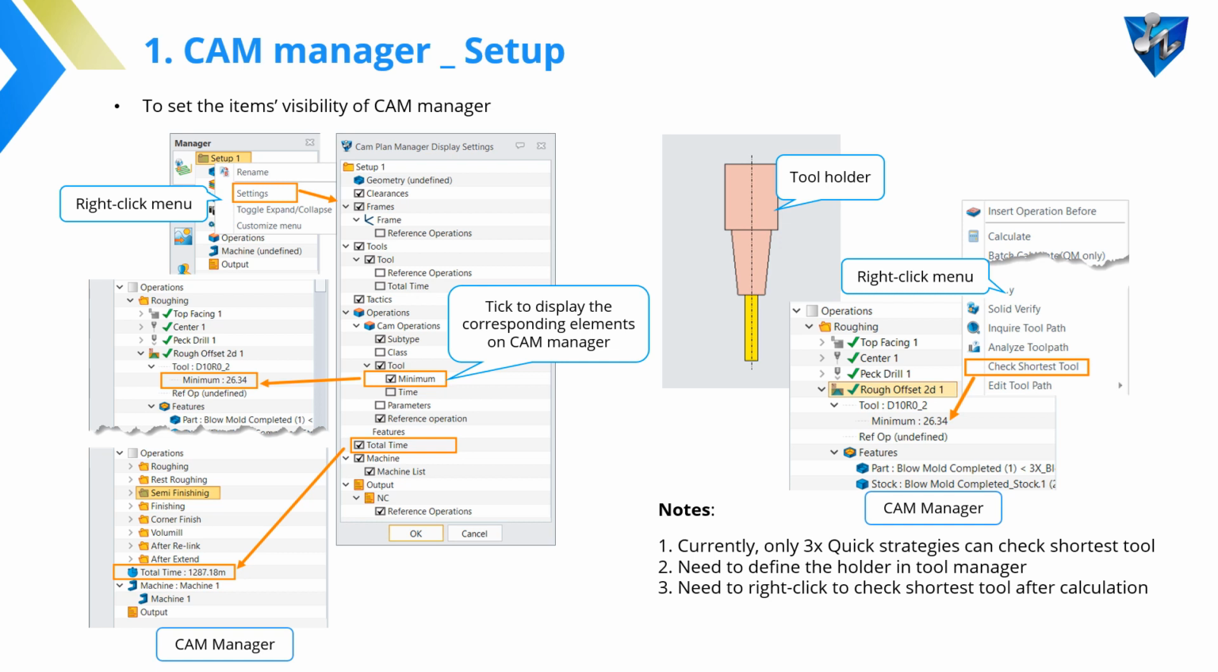In the CAM Manager, on the top we can find Setup. It is to set the item's visibility in CAM Manager. Just right-click on Setup node, and then click Settings from the shortcut menu. For example, we can tick the checkbox of minimum under the tool to make the tool minimum length be shown in the operation. We can get the minimum tool length value by clicking Check Shortest Tool from the right-click menu